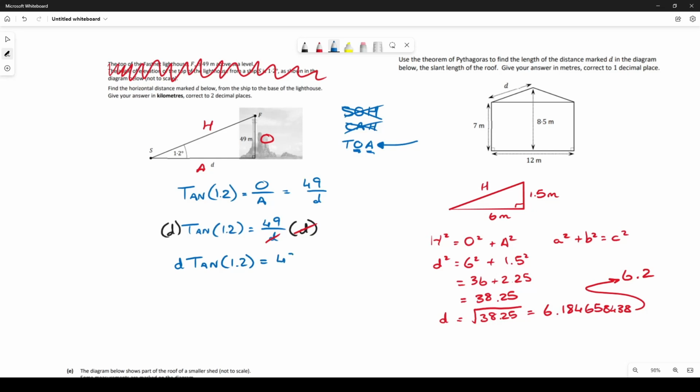But then what's the opposite of multiplication? It's division. So we'd have to divide both sides by tan of 1.2. A lot of people would have jumped automatically to the inverse, but I'll talk about that in a second. That's a specific case, but I'll talk about that. That's a 1.2, right? Don't judge me. But if you multiply on both sides by that, or divide on both sides by that, it cancels out, and you're left with d equals, which is what we're looking for. They asked us to find what the d was,